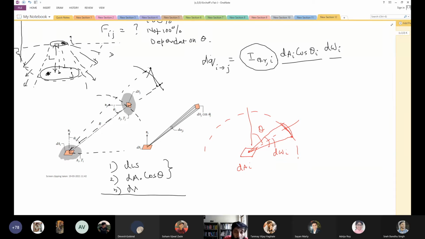It is a little hard at this point if you have not gone through the previous lessons. That's the sole reason for calling a test today. But still, try to resolve it by understanding that I is per unit projected area per unit solid angle. Clear to you? Yes, sir. Does anyone have any other question? This step has to be clear.